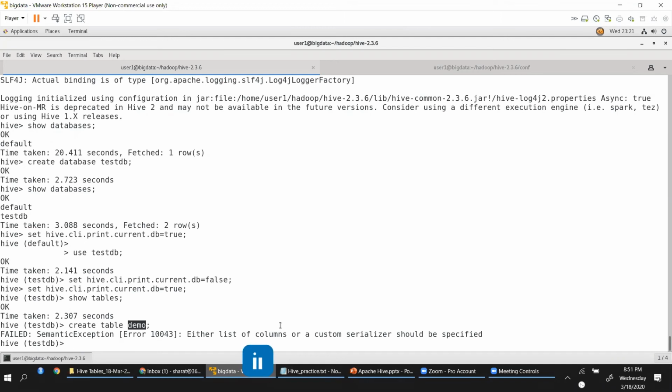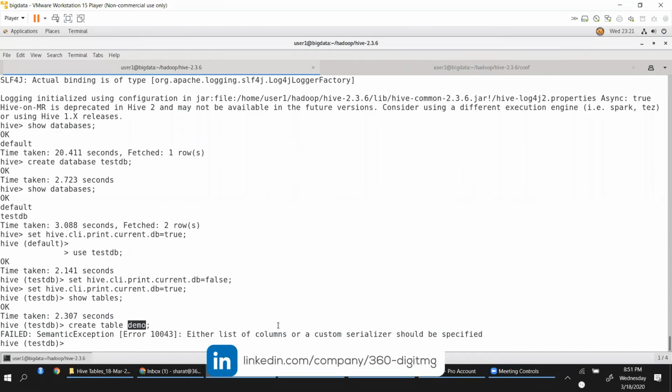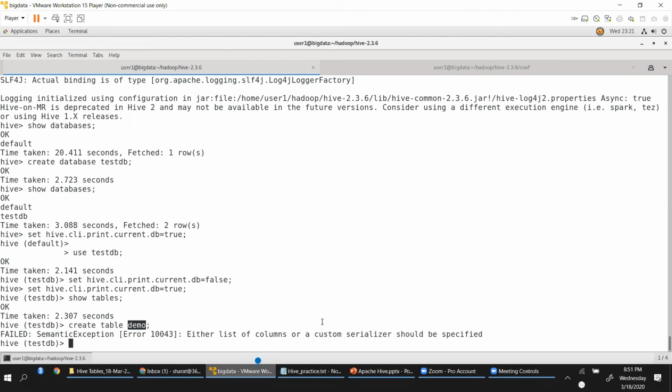Why? Why is it throwing error? What is this error basically telling us? Anyone? What is the error? Demo is the keyword, no. Demo is the table name.